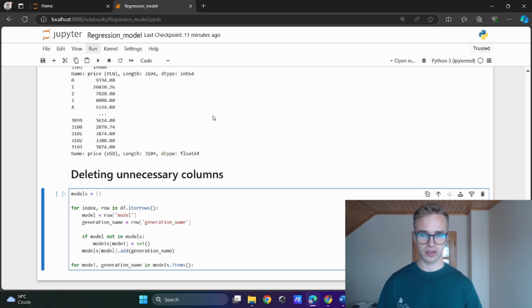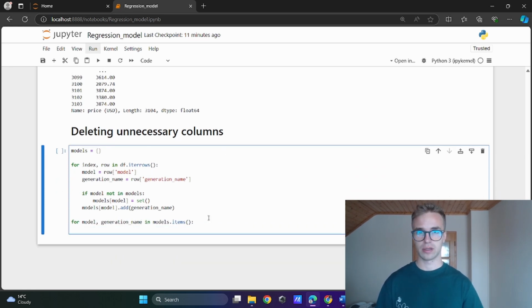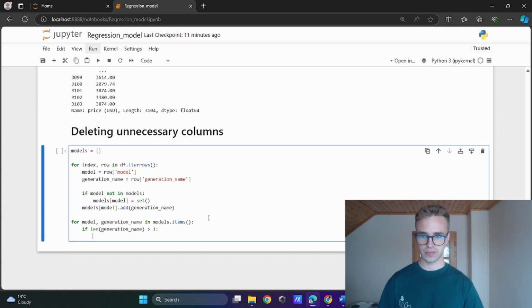It's more comprehensible to read. Now, if the length of the generation name set is higher than 1, we'll print out the model through an f-string like this, with curly braces, enter the model, and it will write the string name of the model variable as more than 1